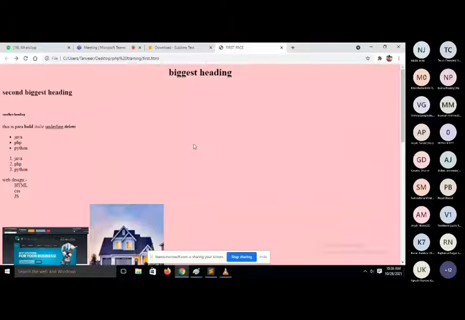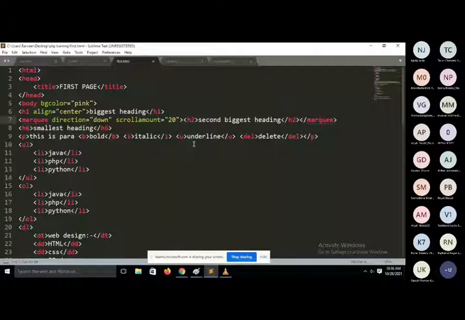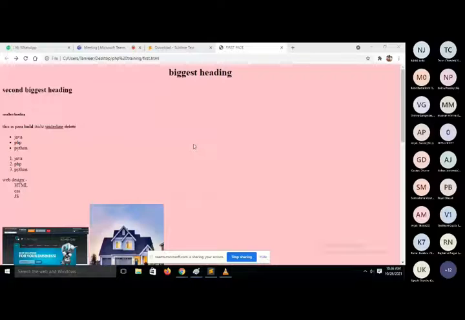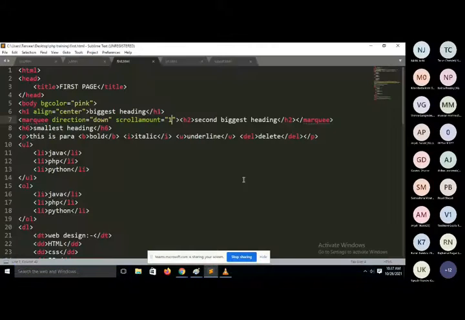And when you pass 1, then its speed is very slow. So we will use two properties under the marquee tag: first one is direction and second one is scrollamount. See, if you have any doubt in these two properties, then ask me.